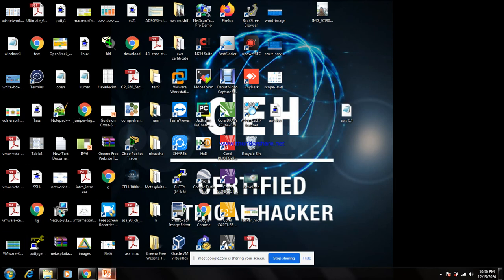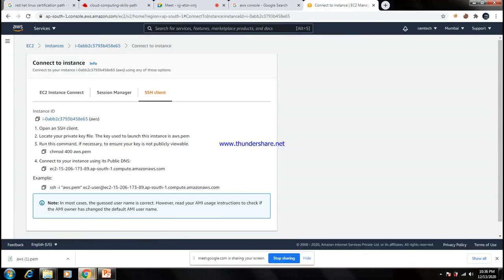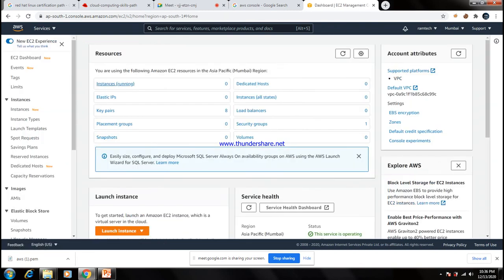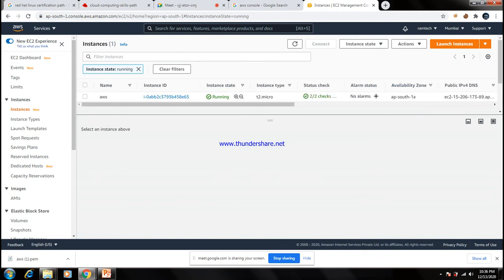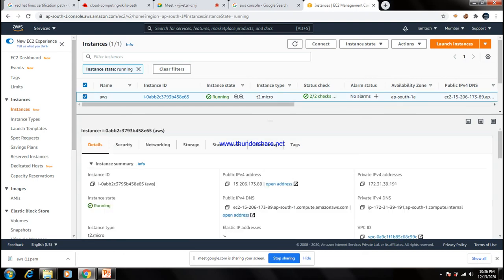Then open your browser. Check your EC2 instance health. See madam, the 2 means your instance can now be connected. Once you check the status, the status 2 means your instance is in good health, you are able to connect to the instance.